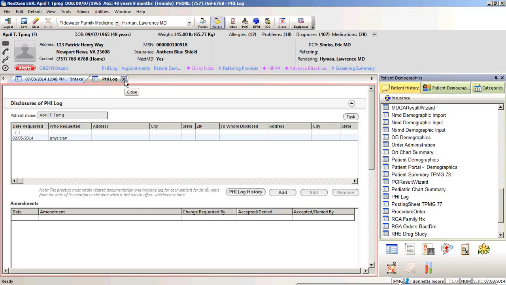Once those referrals have been created and saved and closed into the template, then of course you have to go into the PHI log. Now, if you have any questions about the PHI log and how you would get credit,